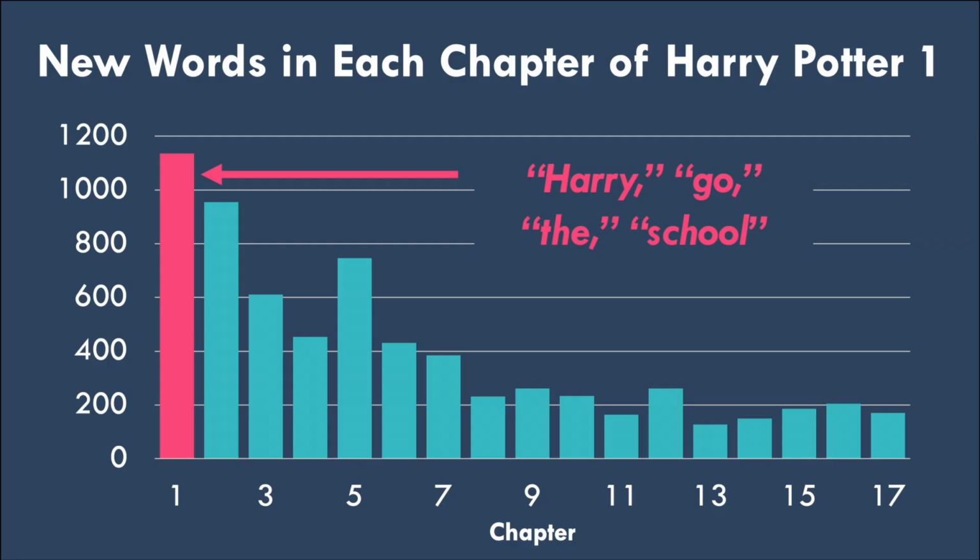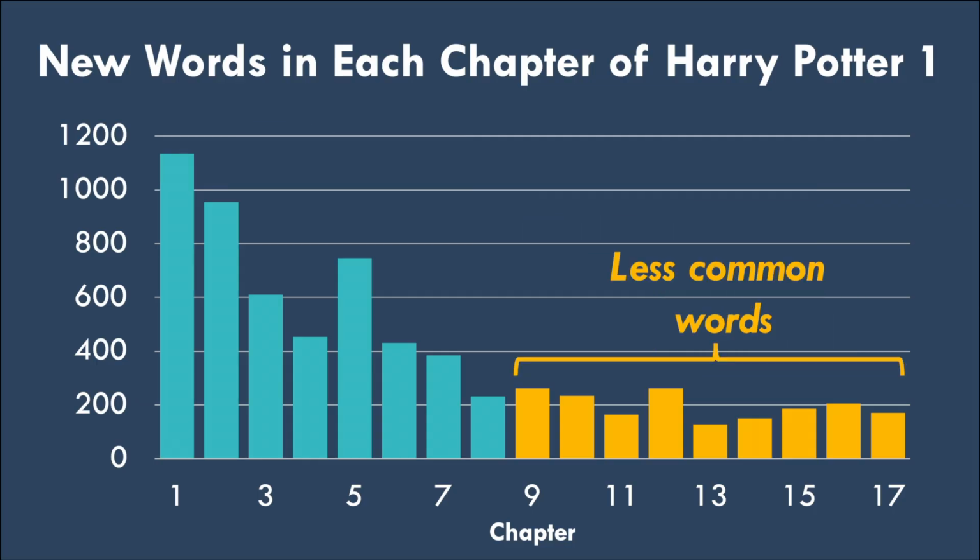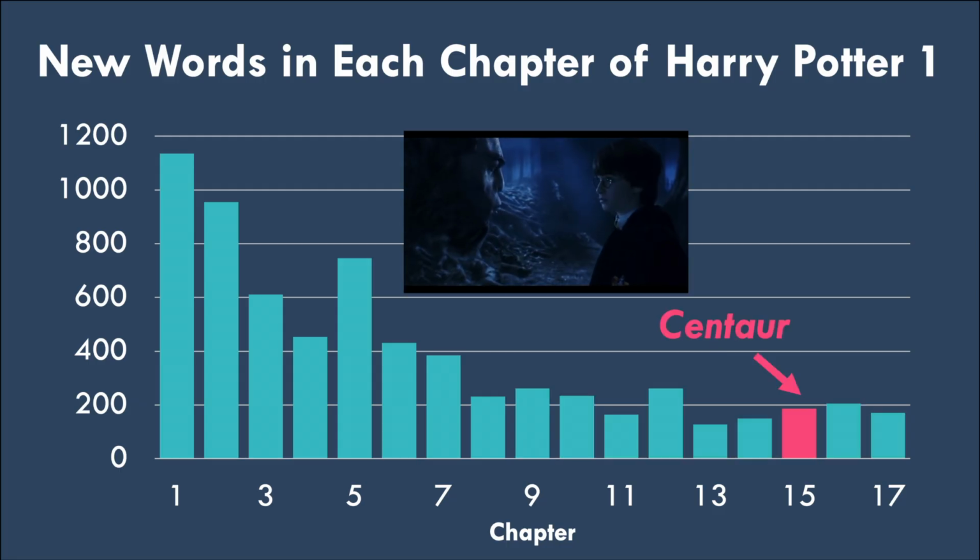Let's make this a little bit clearer. This tall bar for chapter 1 includes words like Harry, go, the, and school. And while these words also show up in many of the later chapters, they don't count towards the height of these bars because they're already counted for chapter 1. In the later chapters, you have less common words making up these increasingly smaller bars, so things like centaur and